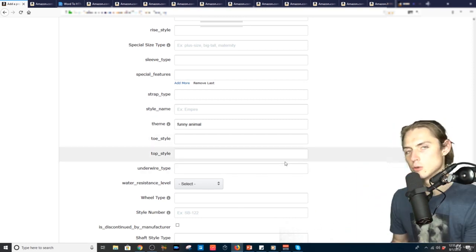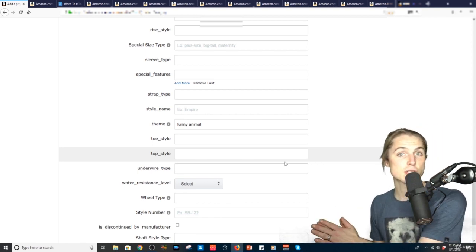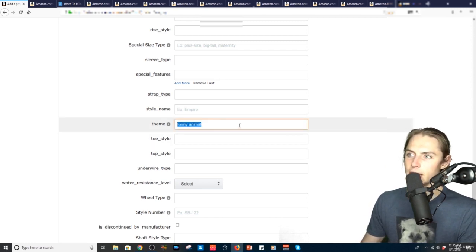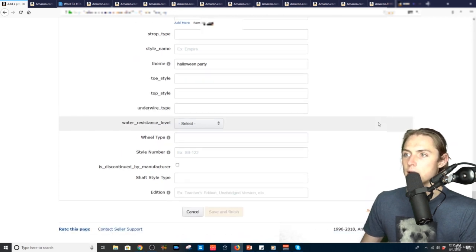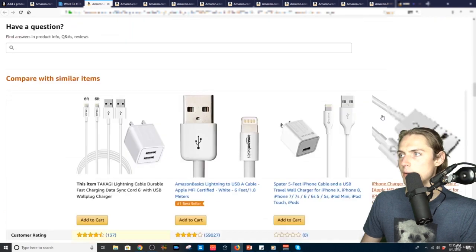Because then now you know that that field indexes, and if you have even more search terms, you could fill them into these. But some of these might be relevant, like funny animal party, or like the theme would be like Halloween party. That would be relevant. Okay, so some of these, if you look at the brand tree category, if we were to look up